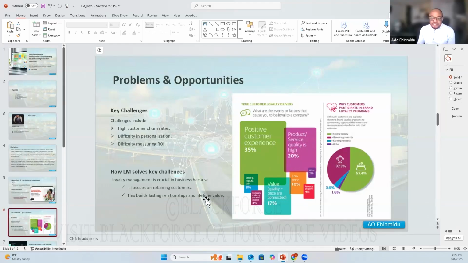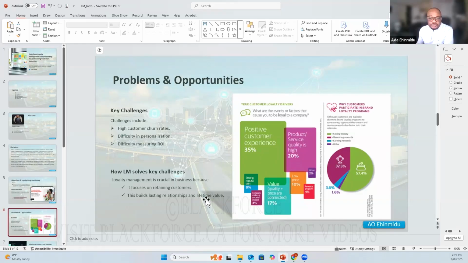They have difficulties personalizing their reward programs as well, because if you have customers and you don't have enough data about them, you don't know what the customer likes. You don't know what they like to do. You don't know anything about them. And because you don't know that, then you are blindsided. Even as you create reward programs, loyalty programs for your customer base, you won't know exactly what might interest them.